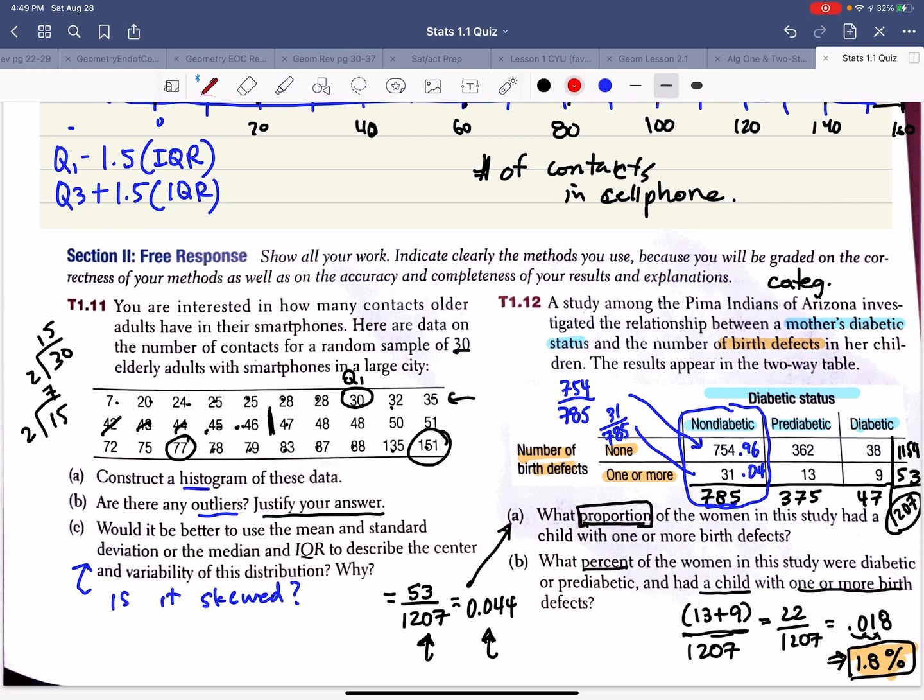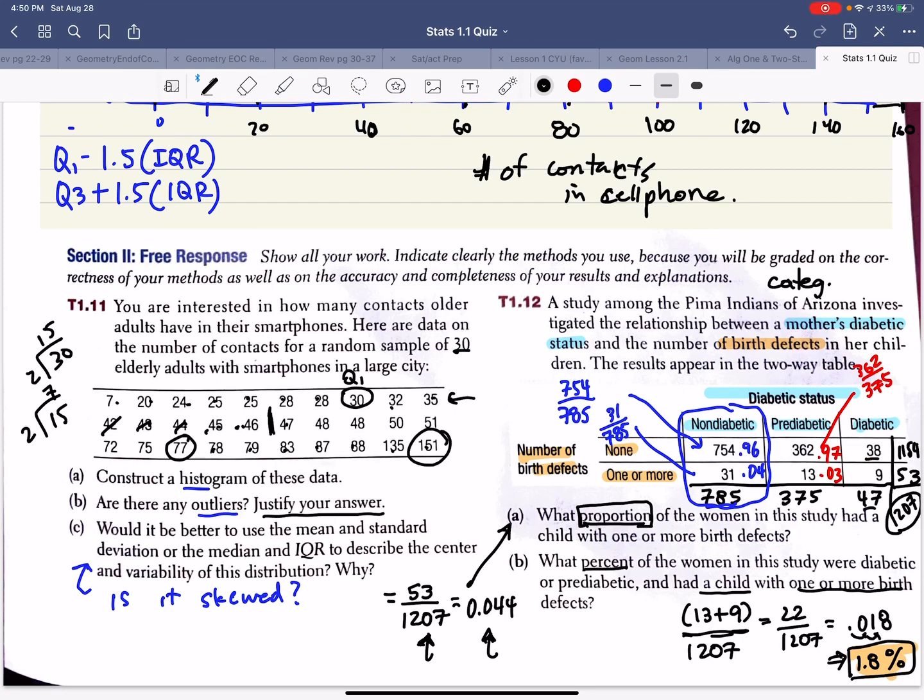Now we're going to do the same thing again. I'm going to take that number and take it out of what's the percent of the pre-diabetics. So that's this number. 0.97, so that one's going to be a little lower, right? 0.03, double checking, 13 divided by 375. Yep, 0.03. And the last one,